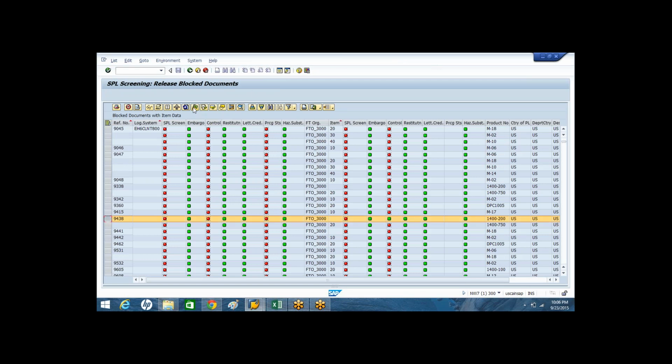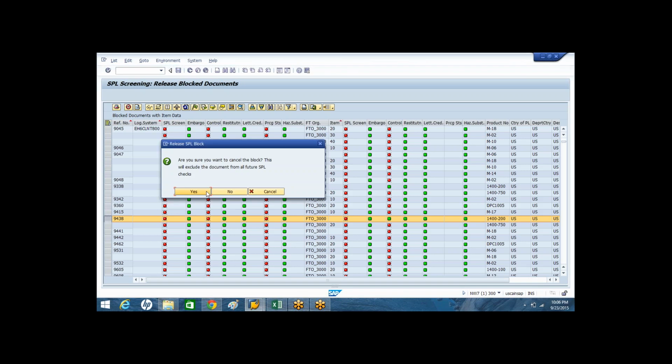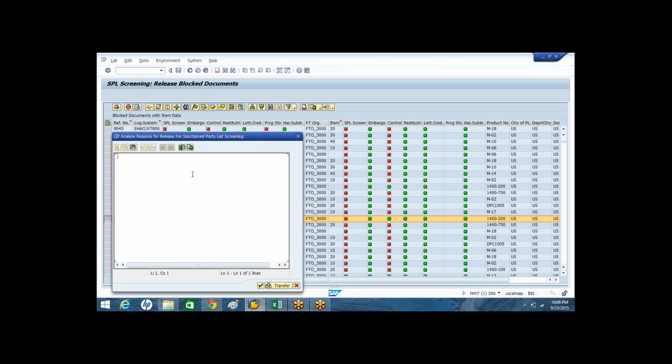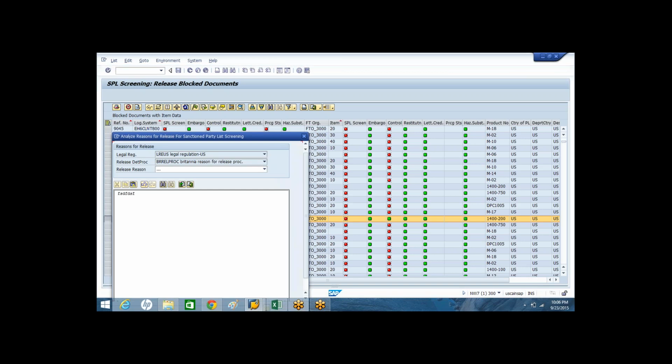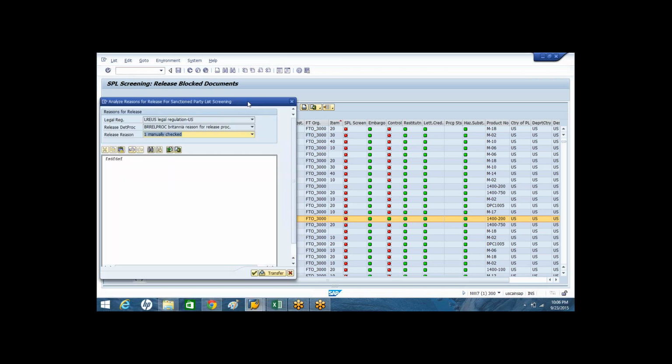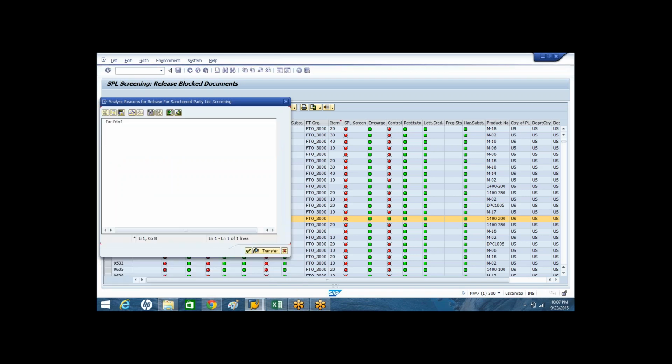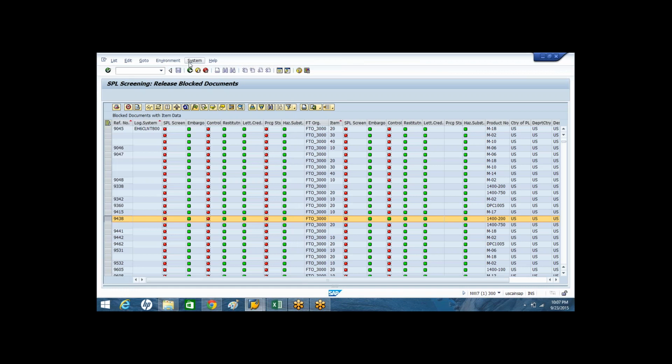You can set the flag cancel SPL block, yes, and then enter the comment, and then save it. This way you can release all the blocked custom documents from the SPL blocks. So this is the transaction for releasing the blocked documents from the SPL block.